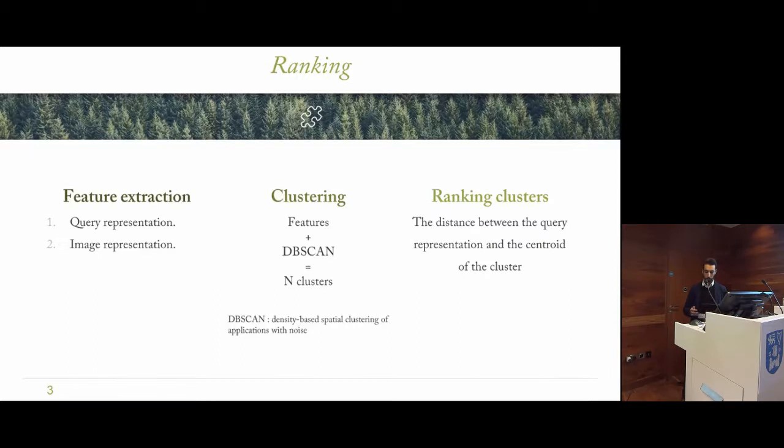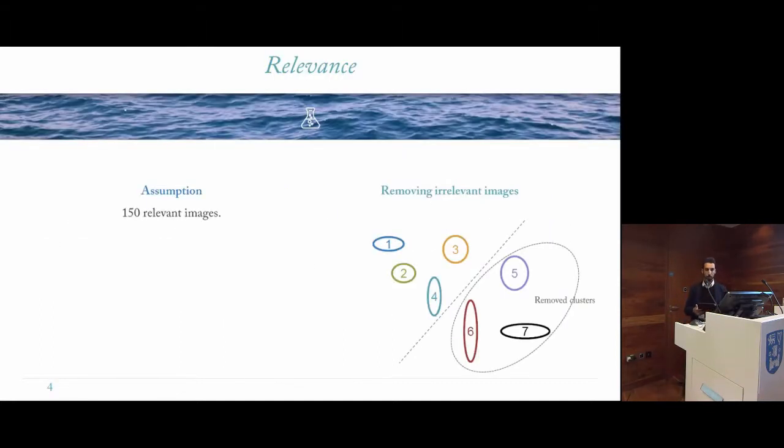Then we sort these clusters based on the initial rank given by Flickr to the cluster centroid. Next, we make the assumption that 150 images from the list of Flickr results are relevant. Therefore, we select enough clusters from the previous list of sorted clusters to have at least 150 images, if they